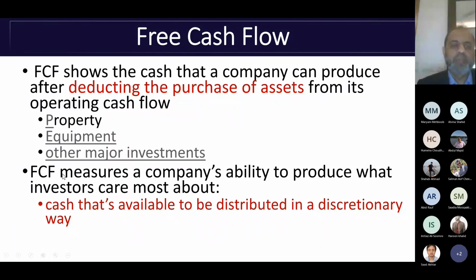So as the last point says, FCF measures a company's ability to produce what investors care the most about, the cash that is available to be distributed in a discretionary way. They can have their dividends if they are already investors who have invested. So sometimes there is scope for something which is called retained earning. Retained earning is that you